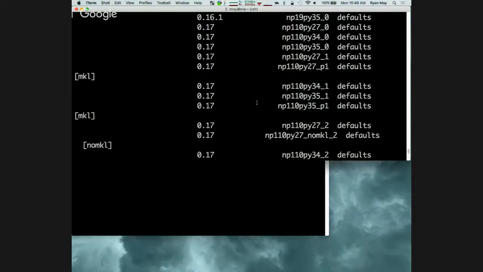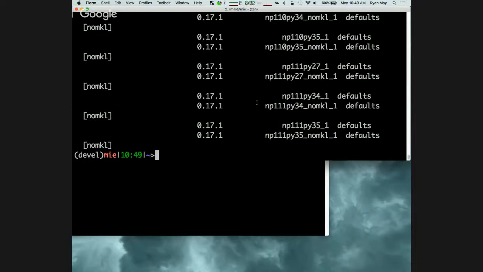Yep. But you can specify a version if you want. So if I wanted to say, I'm not going to actually let this download, and you don't need to replicate this. So we say equals 0.15, say.